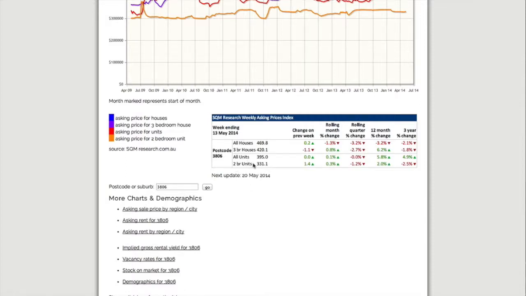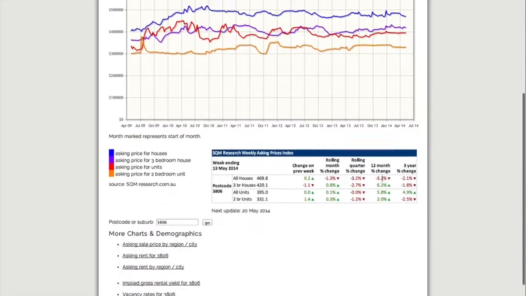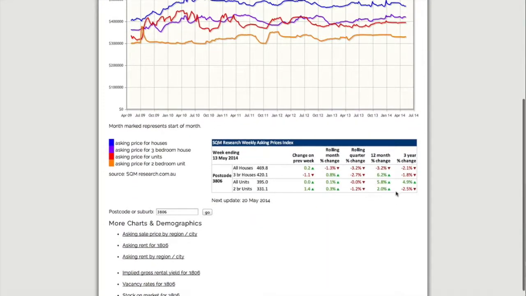And similar for 2-bedroom units, but for 2-bedroom units, look at this, the vendor sentiment has actually gone up. So it tells me 2-bedroom units are maybe better, or they are selling quicker because vendor sentiment is up for that portion. But if you look at 3-bedroom also, the 12-month change has gone up to 6.2. Sorry, 3-bedroom are 6.2, and all houses overall is about negative 3.2. Sorry, I